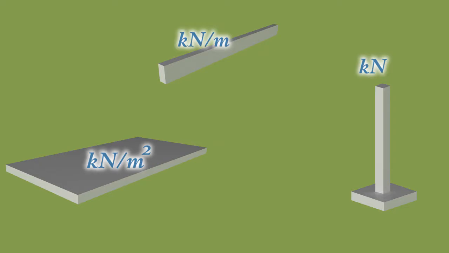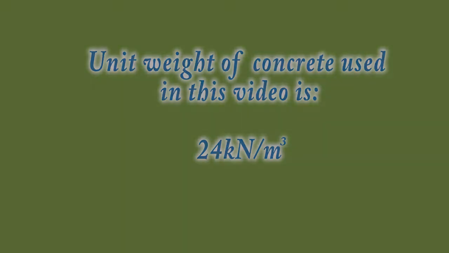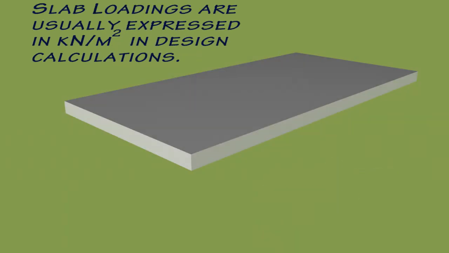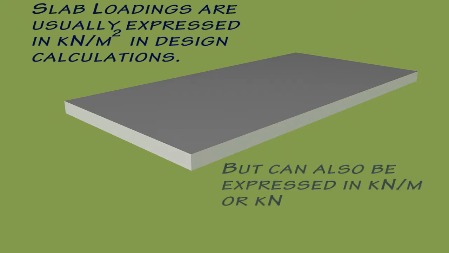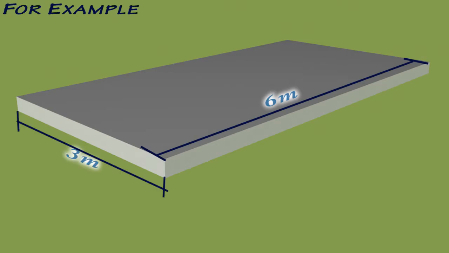Load unit expressions of slab, beams and columns. Metric. Unit weight of concrete used in this video is 24 kilonewtons per meter cubed. Slab loadings. Slab loadings are usually expressed in kilonewtons per meter squared, but can also be expressed in kilonewtons per meter or just kilonewtons. A concrete slab of length 6 meters, width 3 meters and thickness 0.2 meters can be